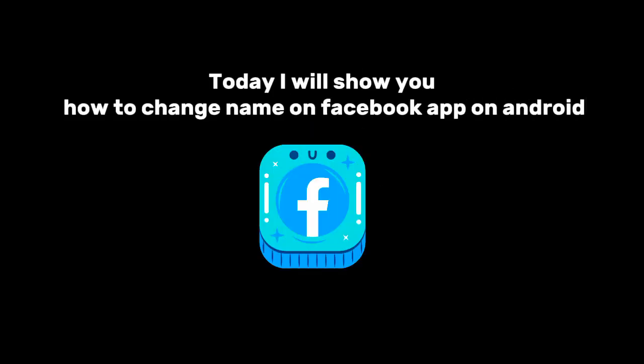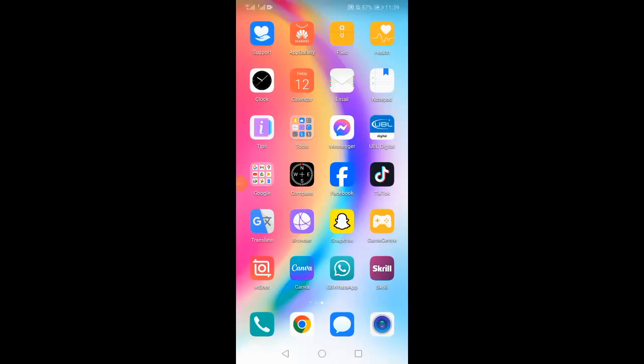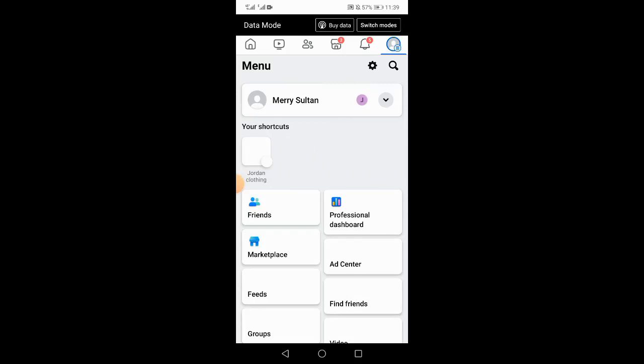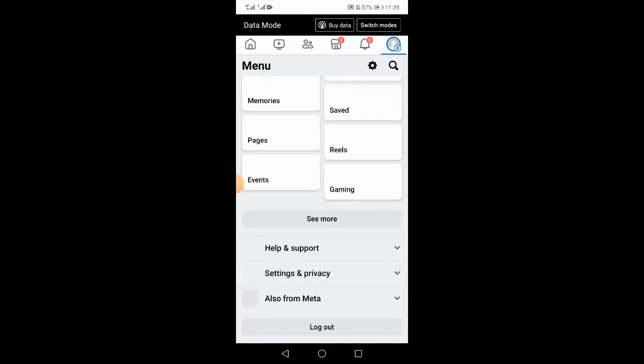Today I will show you how to change name on Facebook app on Android. So open your Facebook and go to your profile settings and scroll down to click settings and privacy,